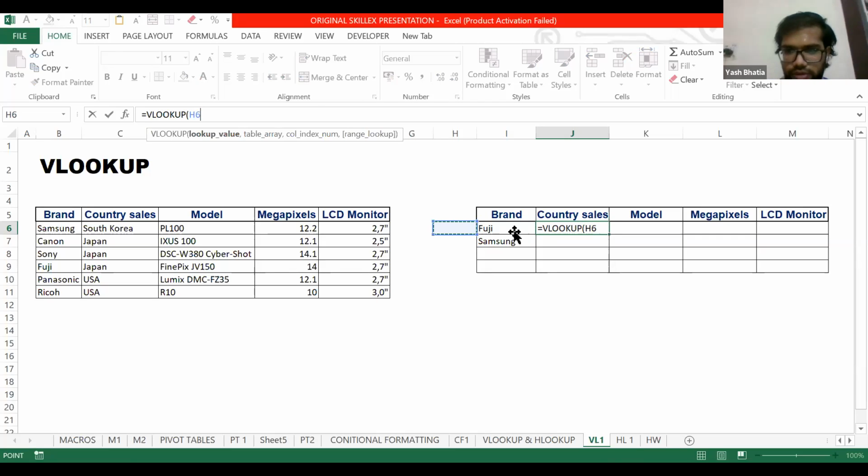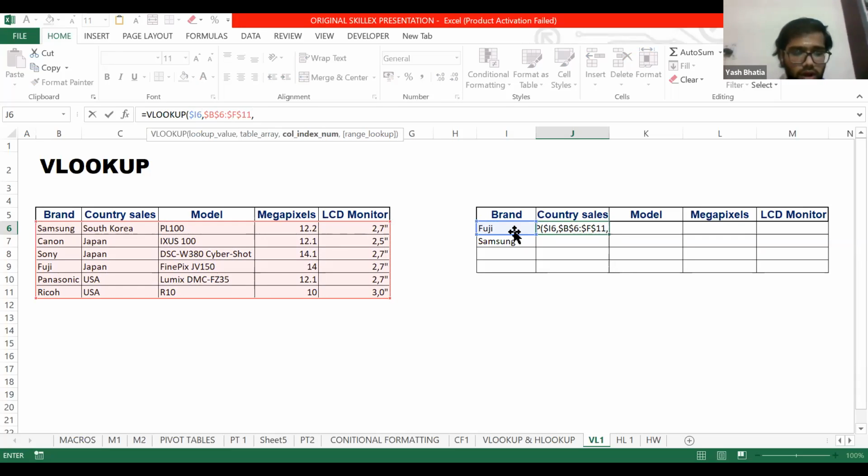I fix this column reference, comma. We select the table, the source table, and fix all the references, absolute referencing.